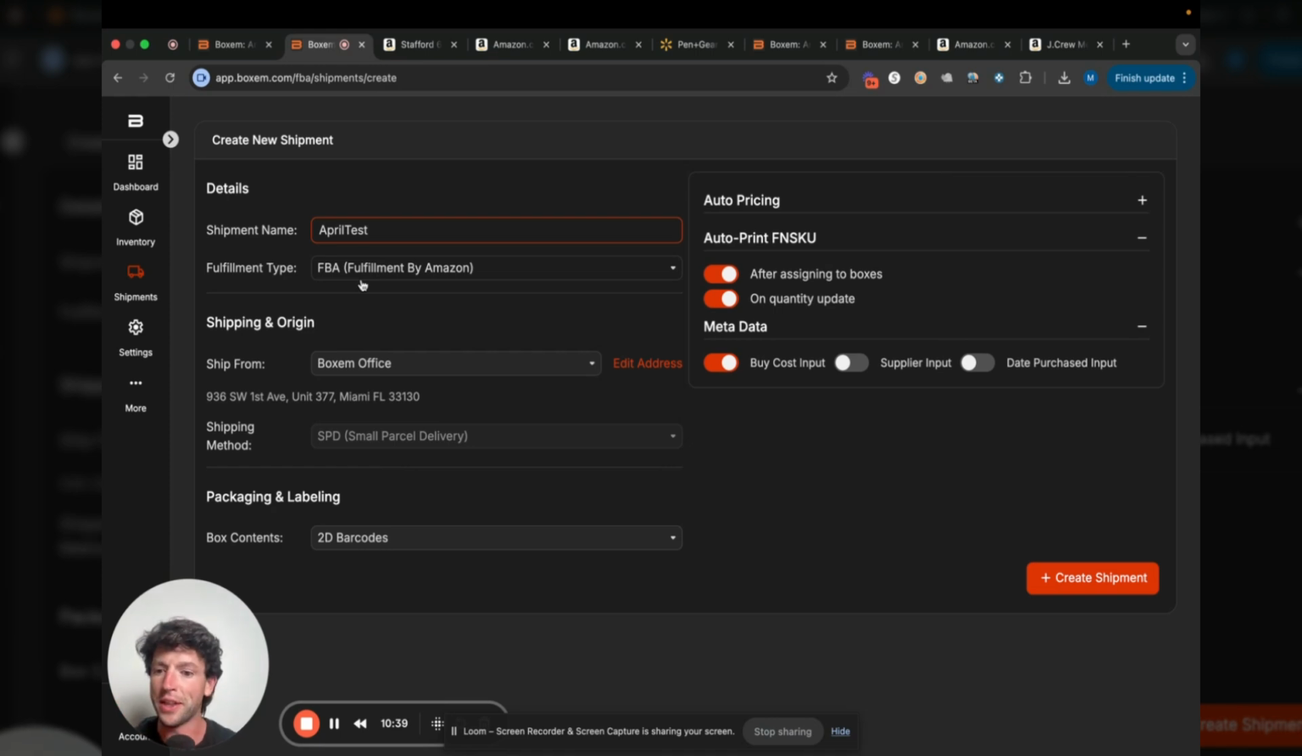Luckily, Amazon knows how the prep center model works. A lot of preps are using Box'em more every day. So you just add this in as one of your ship from addresses right here. You can have a bunch of them right there. Shipping method, SPD. Box contents, 2D barcodes, those are special FBA box labels we do recommend using with the Box'em